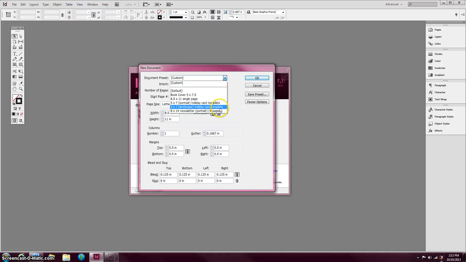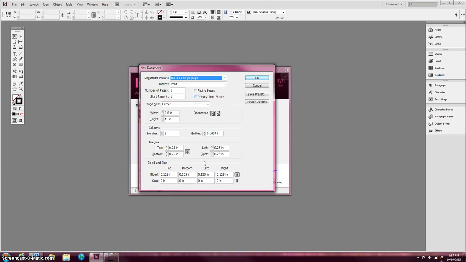And you can see I've got a few on here that I have made and use frequently, so it's just a nice quick little thing. So you can see I already have this one in here. If I just click on that, all of my presets from that will come in here. So I'm going to go ahead and hit OK,